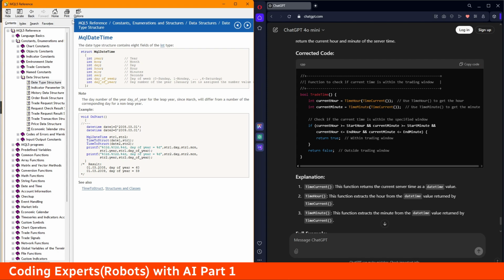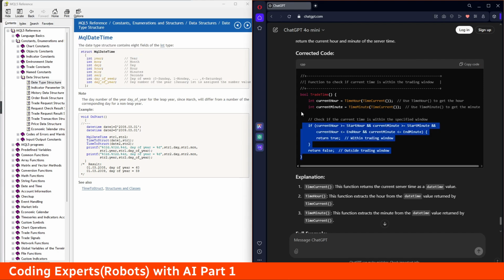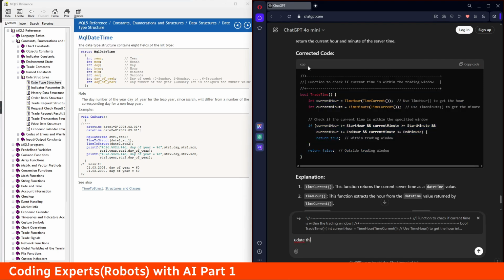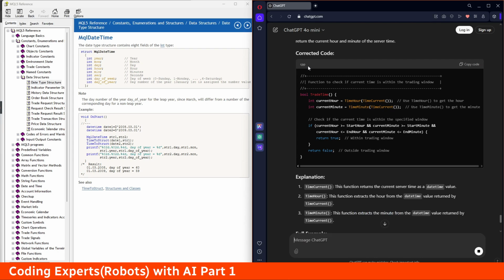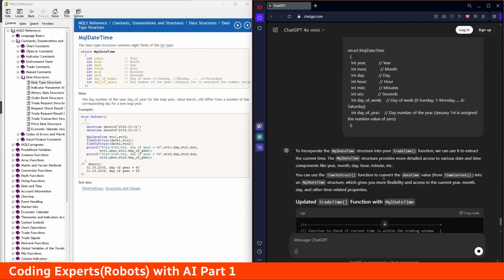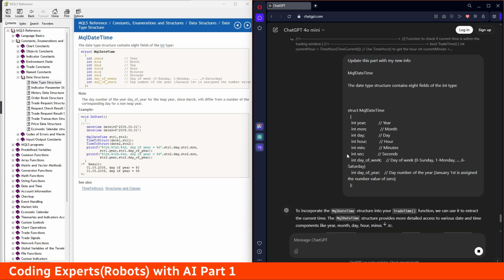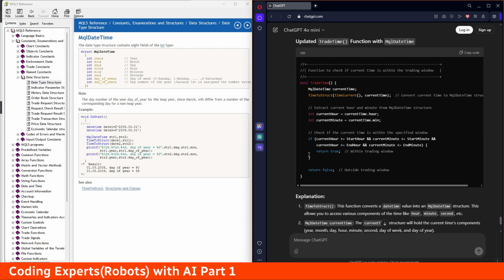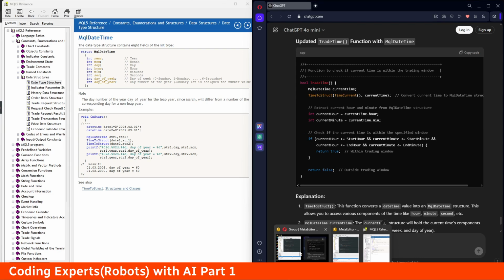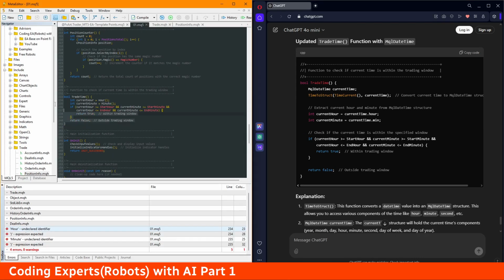Okay, now I'm going to the MQL reference, and I will copy this part. Okay, as you can see here, I copied this part and asked it to update the code, and as you can see here, it changed the code. I will copy the code, and I came here and let's see what will happen. I will comment this part to save it,